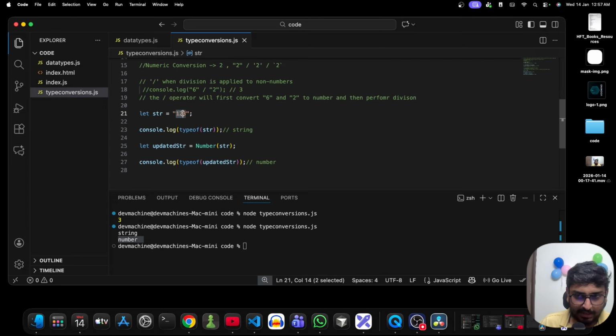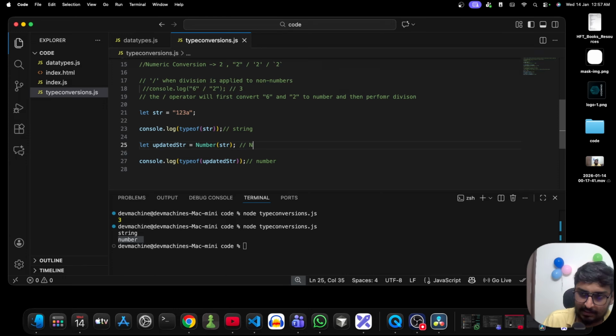If your string consists only of numbers, like "123" inside double quotations, then only number conversion is possible. Then only this string formatted 123 will be converted into the number 123. If you have something like 123a, then here the console log will be string. But whenever we try to convert this string to a number, you get the result as not a number,